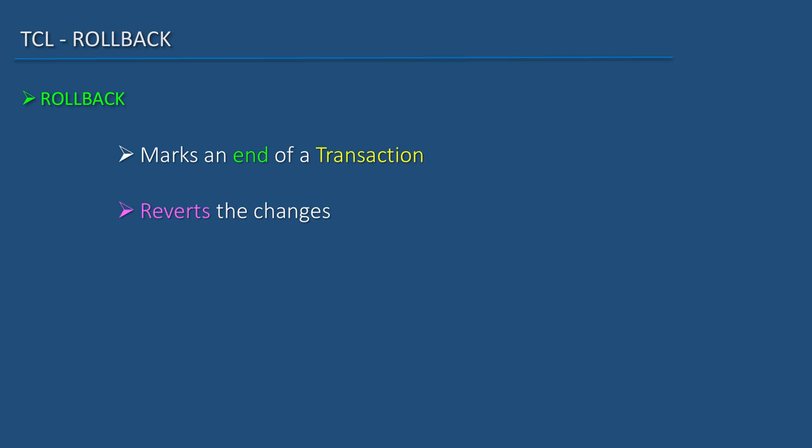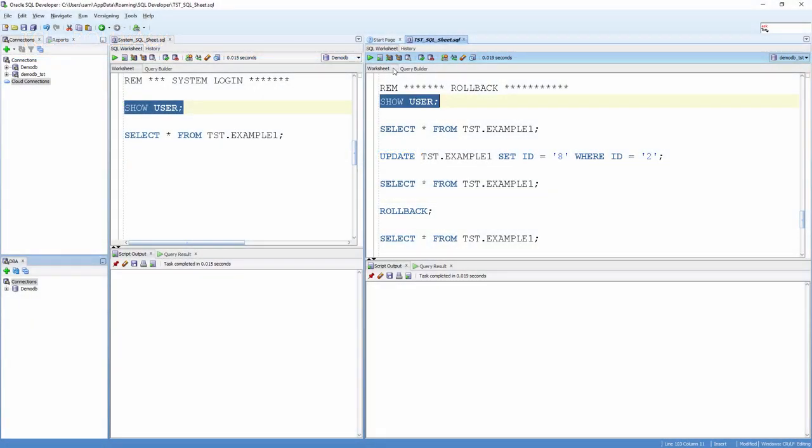Now let us look at rollback. Like commit, rollback also marks an end of a transaction. The only difference is a rollback cancels the changes made in a transaction. In the test session,